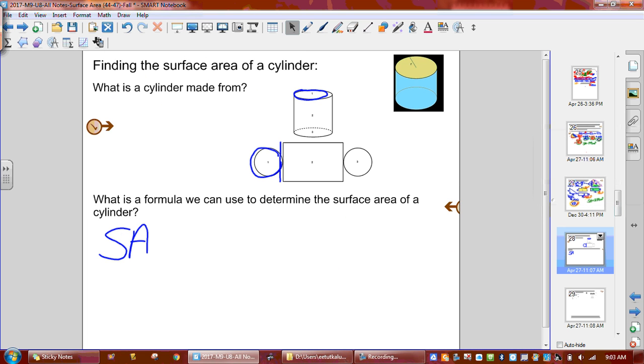All right, surface area for a cylinder is going to be 2 circles. So our 2 circles are 2 pi r squared. And now the rectangle, this rectangle piece right here,